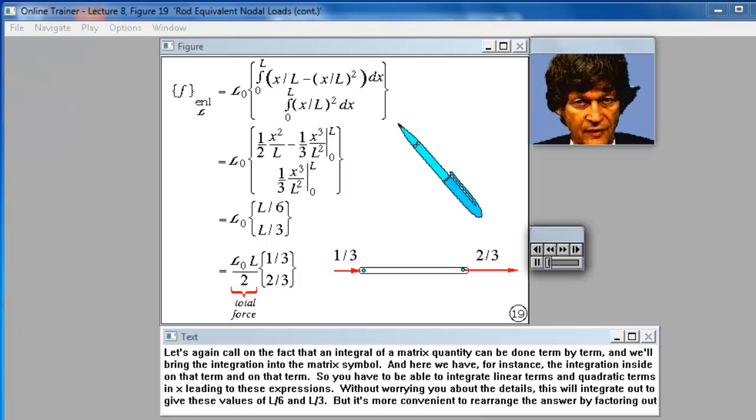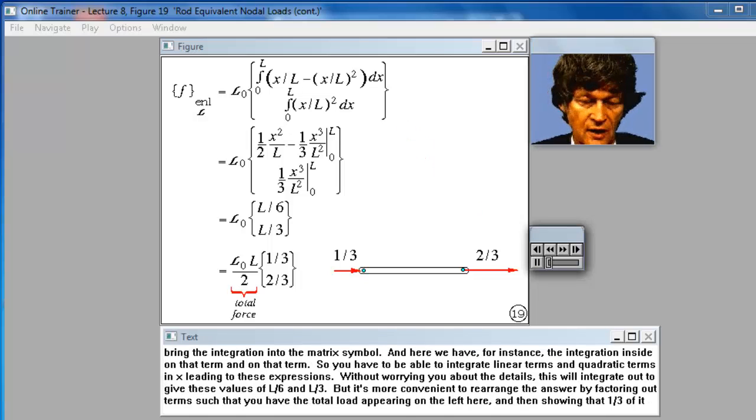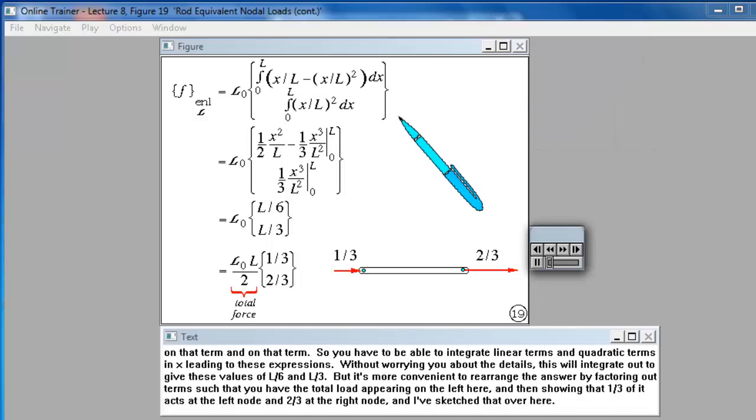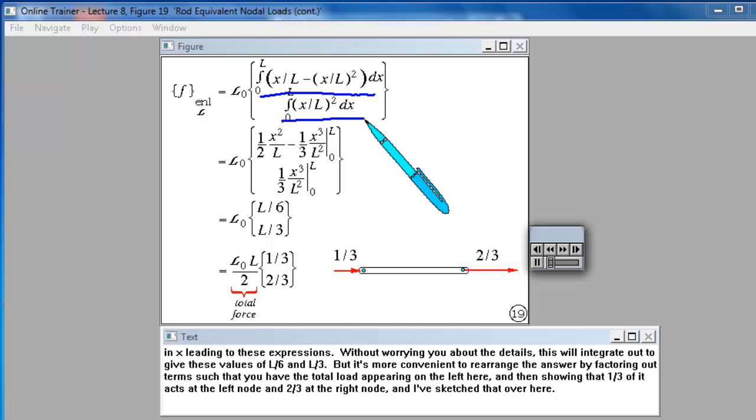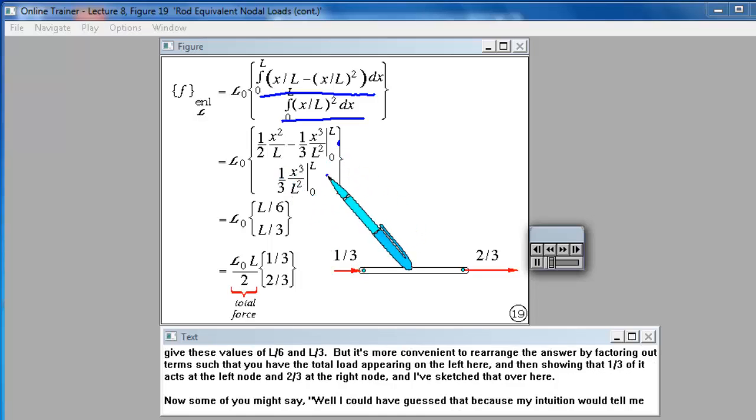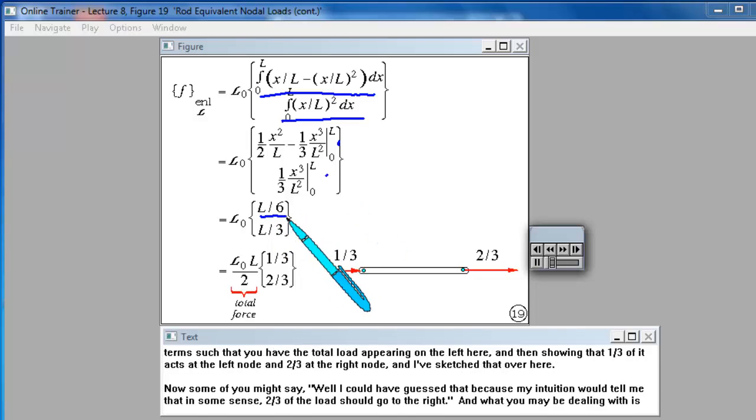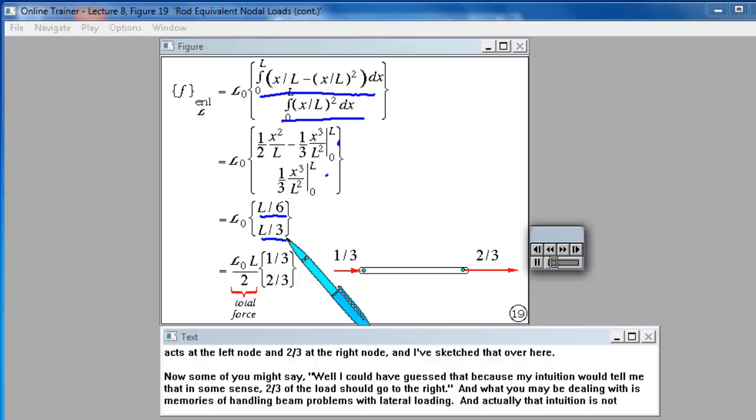Let's again call on the fact that an integral of a matrix quantity can be done term by term, and we'll bring the integration into the matrix symbol. And here we have, for instance, the integration inside on that term and on that term. So you have to be able to integrate linear terms and quadratic terms in x, leading to these expressions. Without worrying you about the details, this will integrate out to give these values of L over 6 and L over 3. But it's more convenient to rearrange the answer by factoring out terms such that you have the total